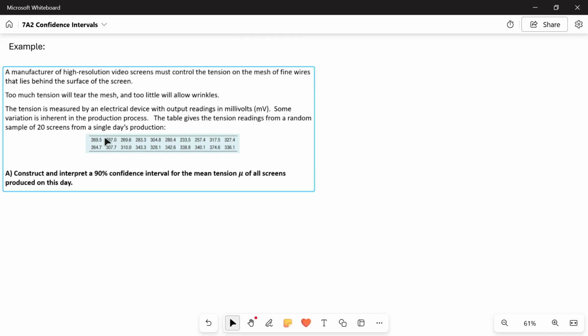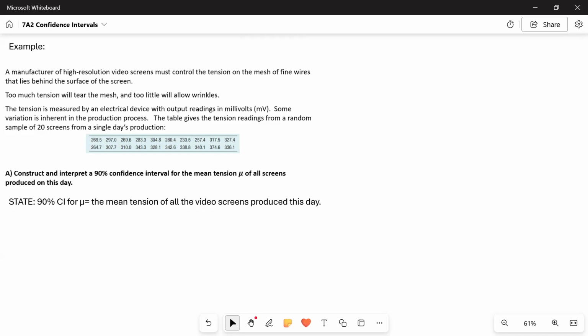So we have our sample here, and we're asked to construct a 90% confidence interval for the mean tension mu of all screens produced on this day. So we're going to walk through the four-step process for this one. Our first step is to state. Remember, when we follow the four-step process, in the state step, you want to state your confidence level and